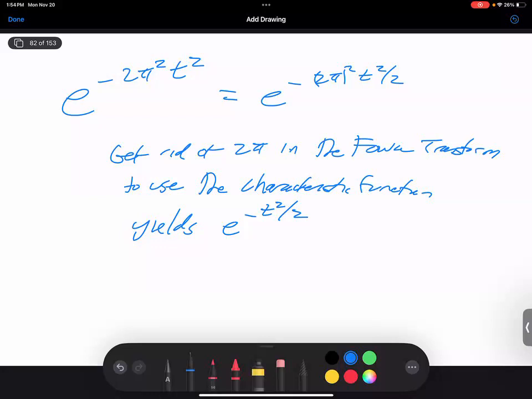And this was basically about an hour. You have to do a little bit of work to justify everything. You need to know what is the Fourier transform of the Gaussian. And I thought,